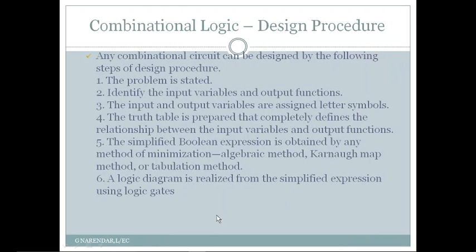And the next step in the design procedure is to simplify or obtain the Boolean expression for each of those functions, or express each output function as a Boolean expression